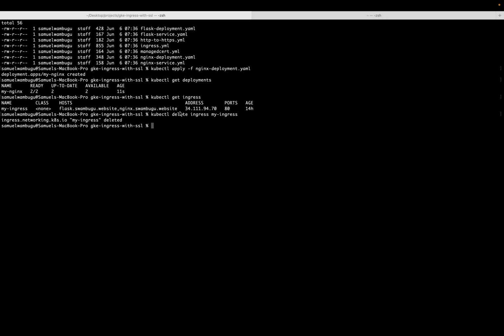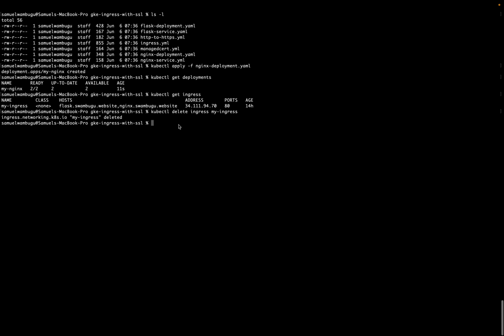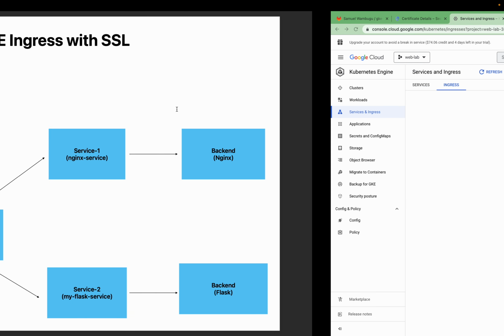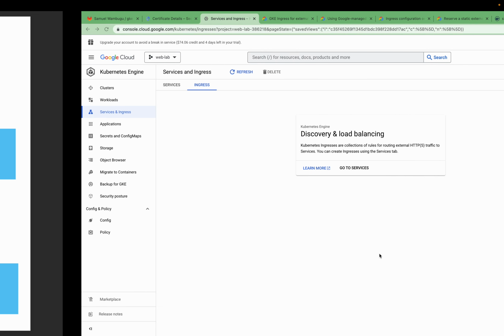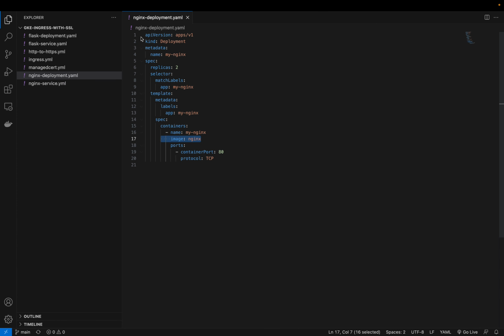So we have already done the Nginx deployment. So let me close one of these terminals just to make things cleaner. So we have deployed our Nginx. So back to our diagram, we are done with Nginx. So let's deploy the Flask. So the Flask, I've also